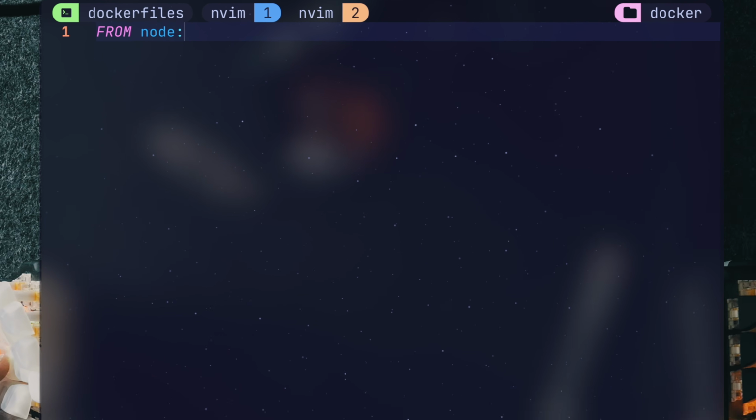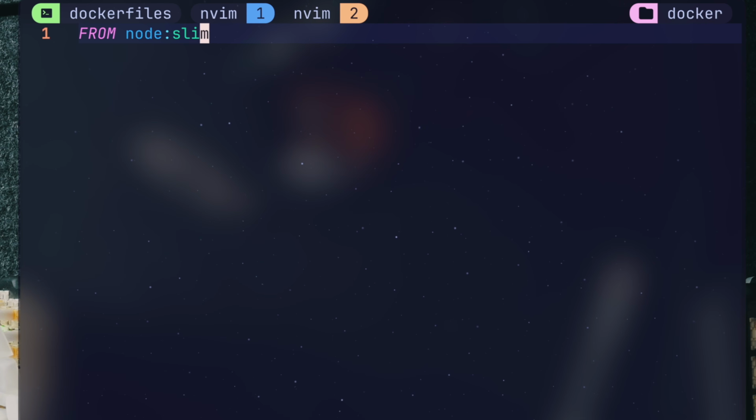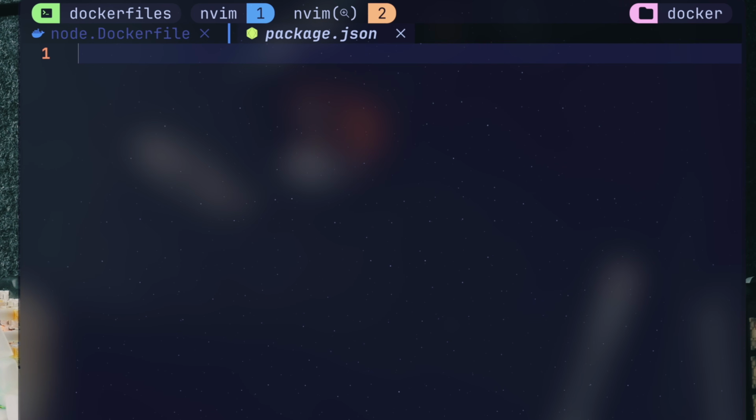So the Alpine/Slim debate is out of the way, let's tackle another extremely common mistake, the use, or more precisely, the abuse of cache. So you have your node image and you went with Slim because you're smart about it and learned from the first part of this video.